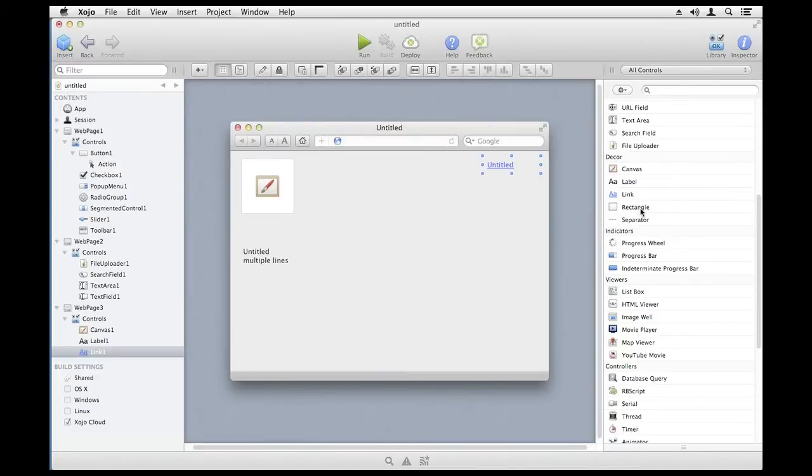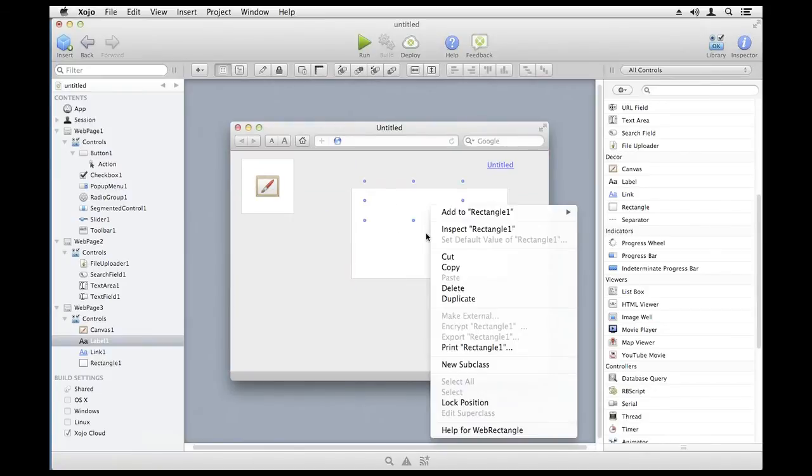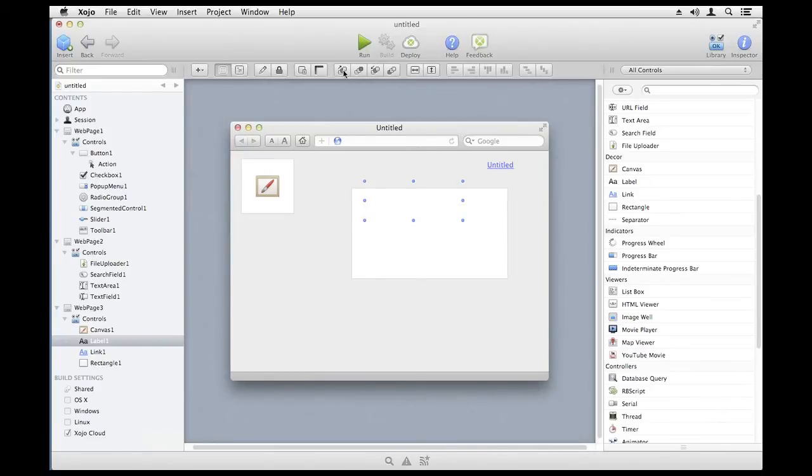Lastly, the rectangle and separator. Even more of a blank slate than the canvas, a rectangle is just a box. Sometimes people might use this to get a background and to lay out things more nicely. Looks like I need to change the layering, bring to front. Where is that up here? Frontmost, there we go. Change the layering so that that shows in front, but you can notice there's no parenting